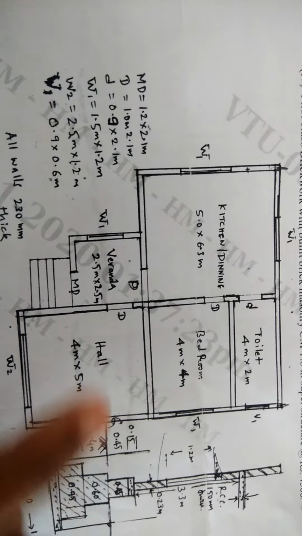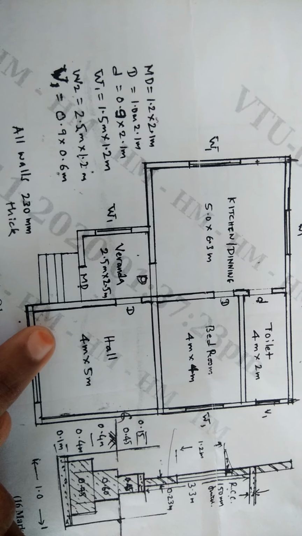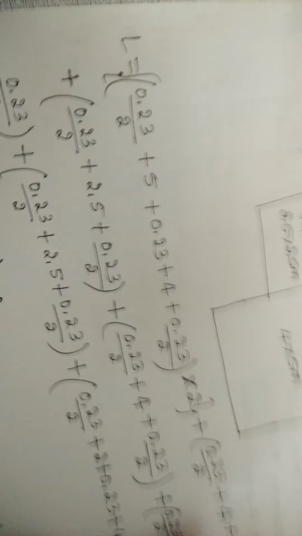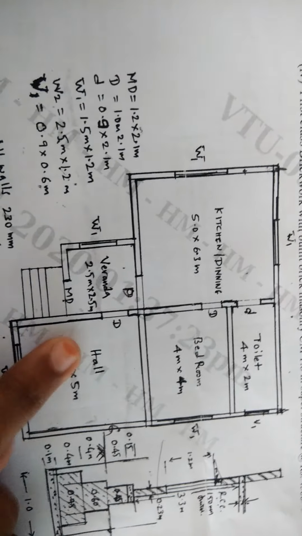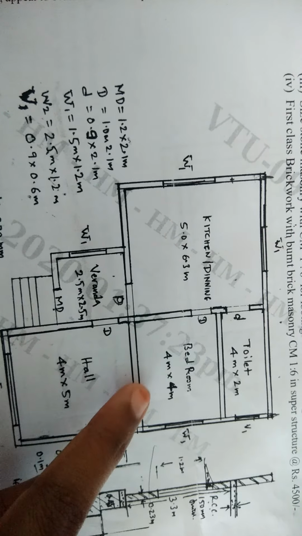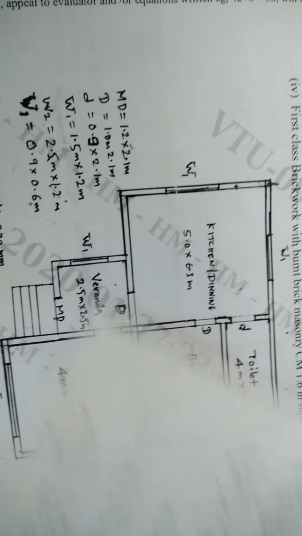To find that, the plan of the building is given. This is the double line plan which is given in the question. So we first have to convert that in terms of center line diagram. See, the center line diagram of the building look like this. Whatever the shape of the building it is, the same shape. I am just joining all the opening areas, and then the end I got the center line diagram which look like this.